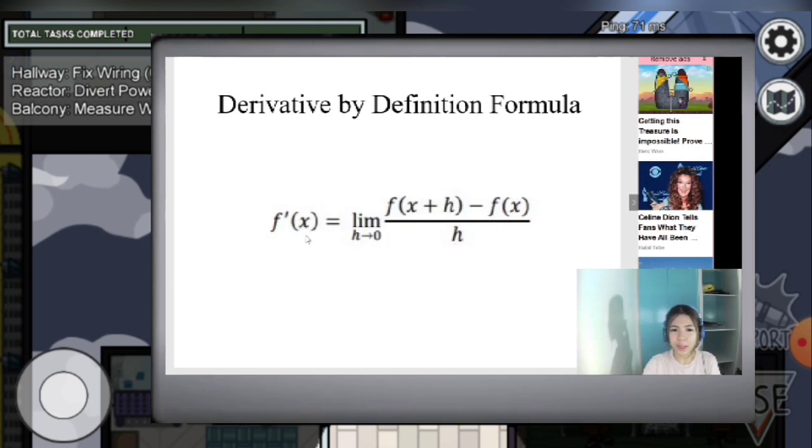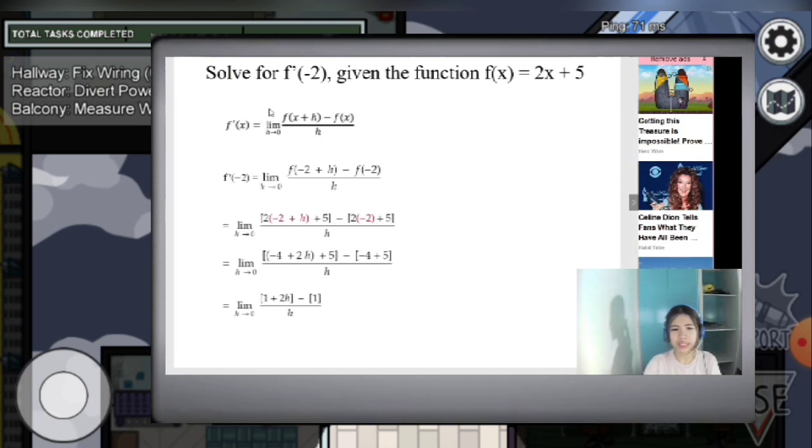This formula is read as f prime of x is equal to the limit as h approaches 0 of f of x plus h minus f of x all over h. So we have some examples here, and example number 1 is solve for f prime of negative 2 given the function f of x equals 2x plus 5. Again, we're going to use this formula,